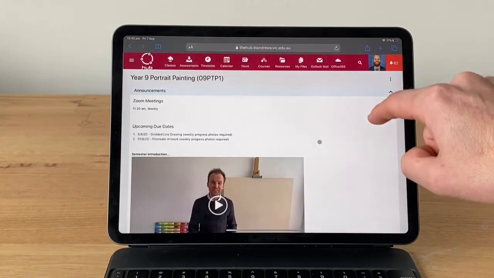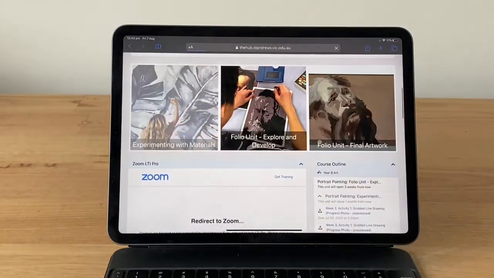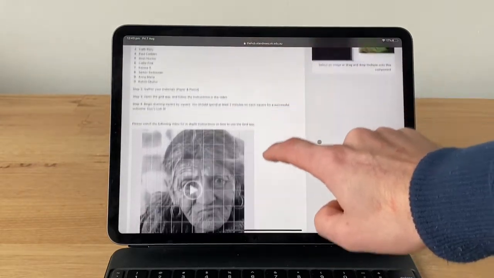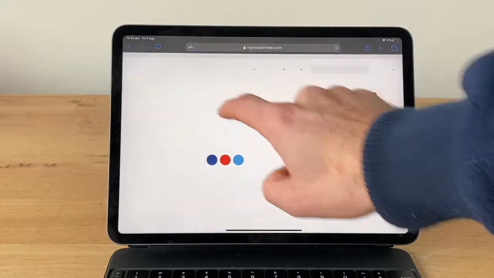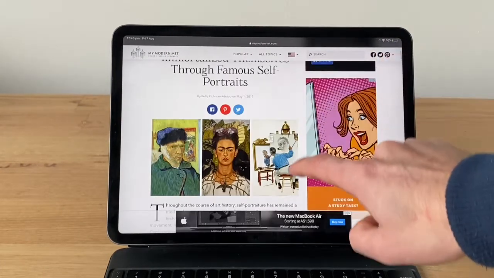Let's have a look. So the first thing we're going to do is log on to the hub, scroll down, click on experimenting with materials, and then just scroll down. And I've put a link where this video is on the hub. Just click on that link, and once you're in here, it's a page full of famous artists, famous portrait artists